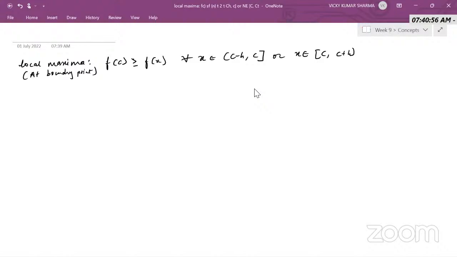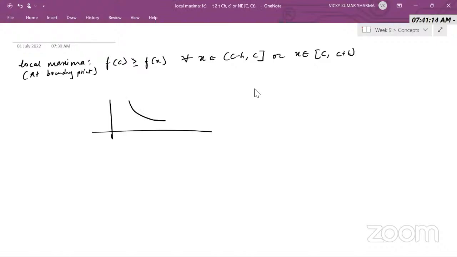F of c has to be greater than or equal to f of x for all x in this interval or this interval. It's not 'and', it's 'or', right? So let us look at this part. So now if I have to look into this part, so